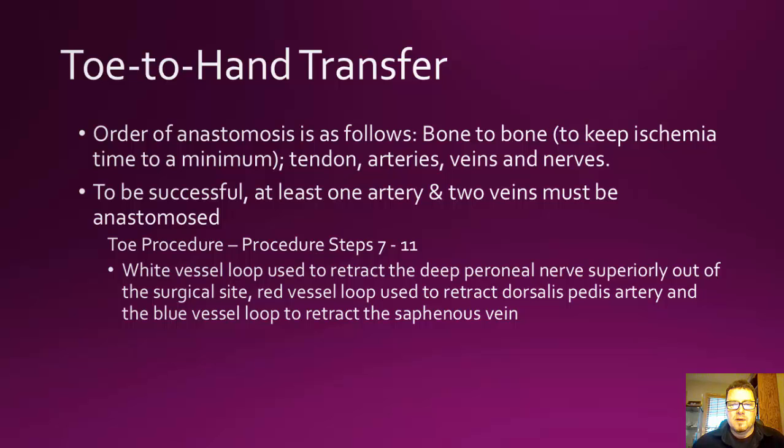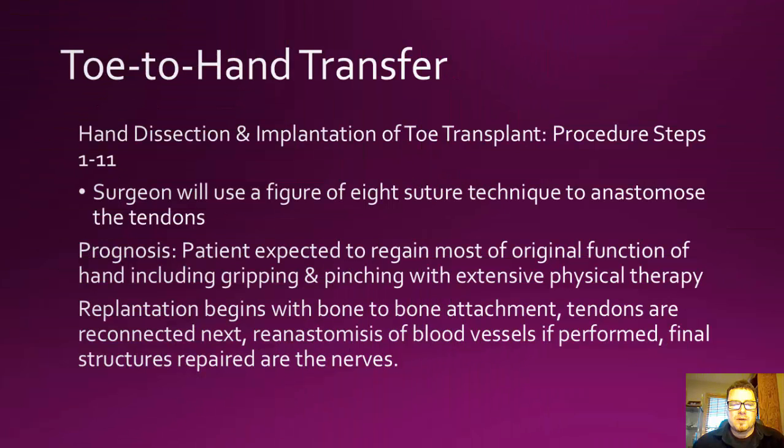Then they do the tendons, then the arteries, then the veins, and then the nerves are last. And to be successful, as the slide shows, you need at least one artery and two veins to be anastomosed to keep the blood flow going through the graft. There is a good description of the procedure in your book. It's quite extensive, as we noticed in class. When Manny presented this, I asked for a brief description, and he gave the full description, so that is what